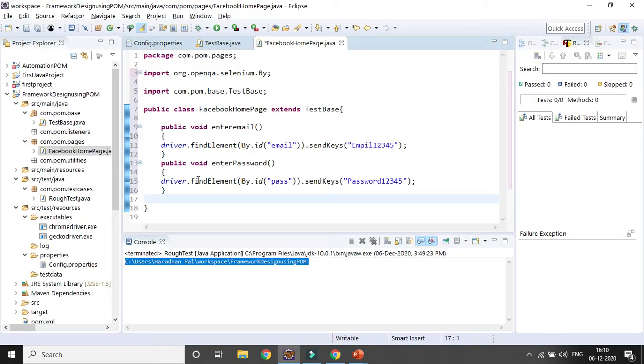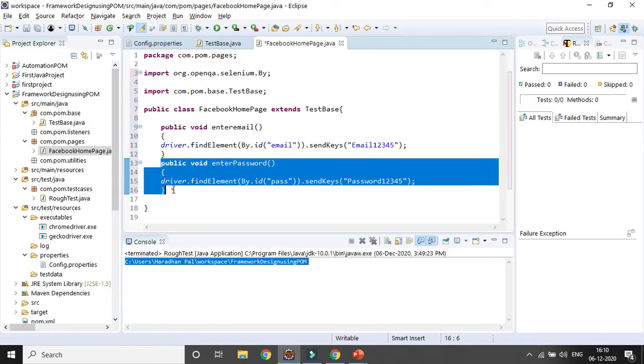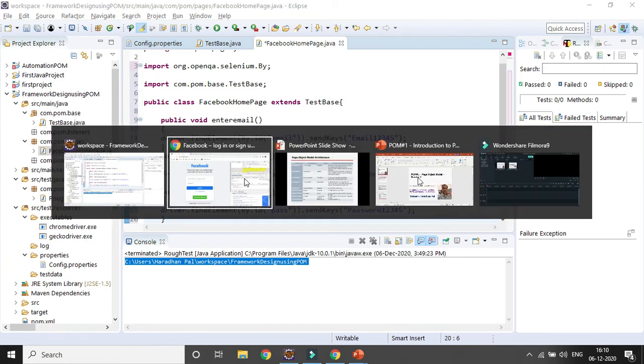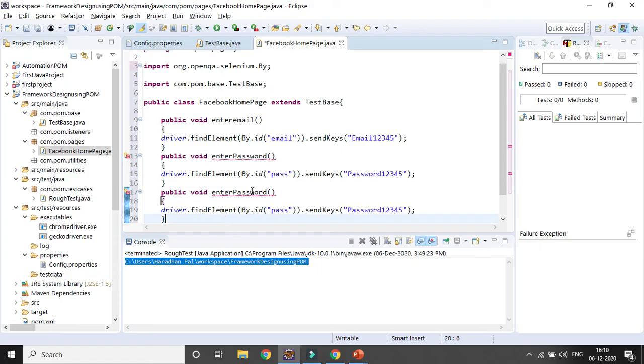Okay, so I will be creating another method for the sign in button: public void clickLogin, or click sign in. Definitely it will perform the click operation, so that is the operation I want to perform.